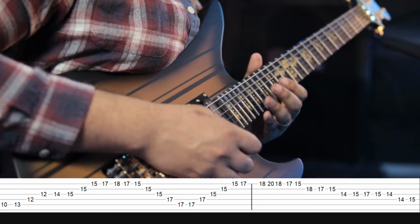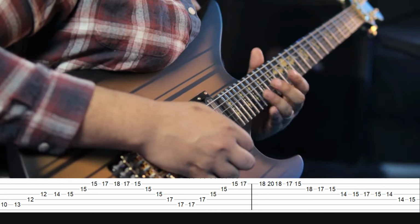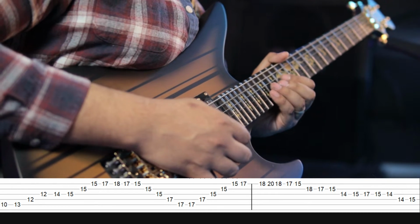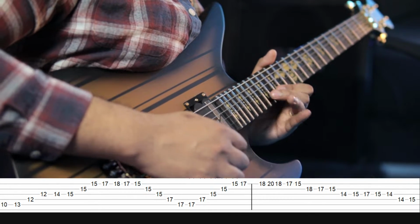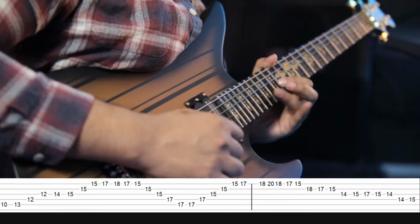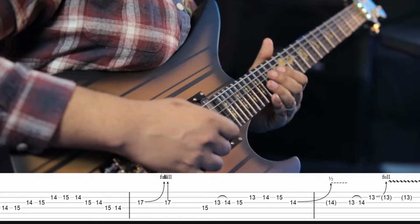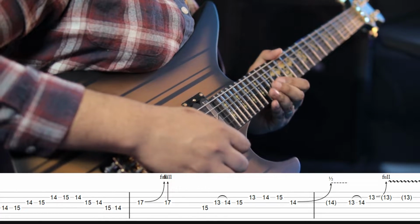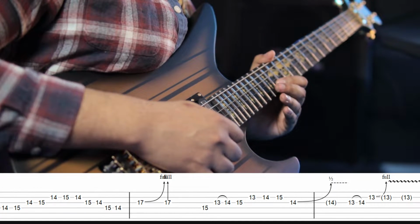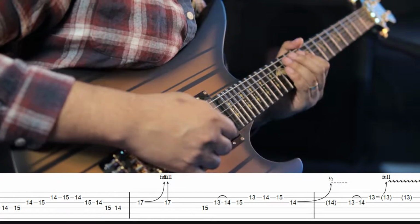And then another tricky bit here. Instead of going 17, 15, 14 on G, you instead go 14, 15, 17, 15, 14. So you're coming down in this shape, and you have to move your index finger to be the starting note on the next bit again at a pretty decent speed. You have to really practice that movement, that jump. And the last bit to end it is some 2 notes per string with 14, 15 on D, 14, 15 on G, 14, 15 on B. After you get to the top there, you go back to the 14th fret on the B string, 15, 14 on G, and then you do a bend on the 17th fret. So altogether that's...